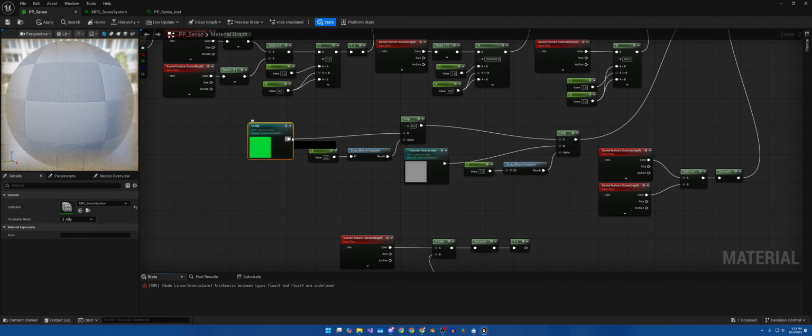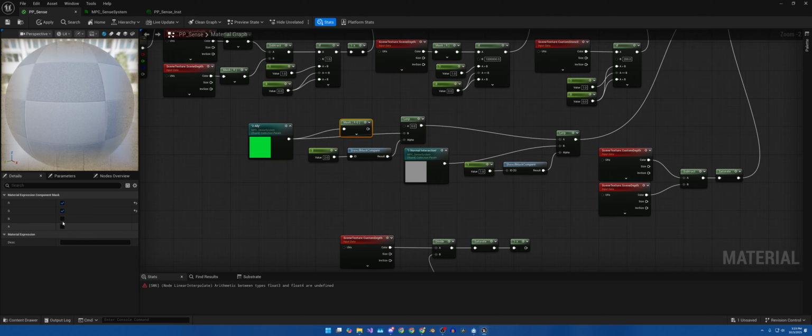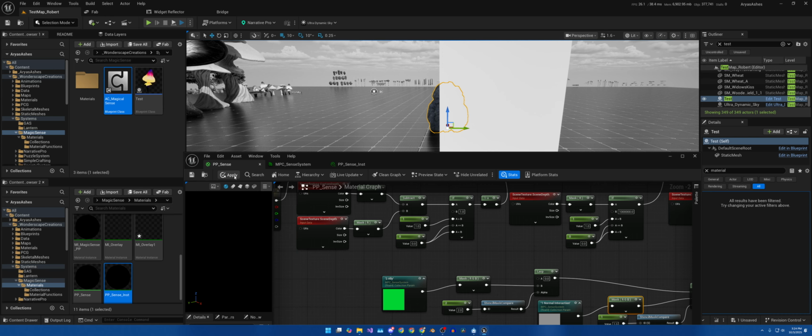These, let's hold down, let's get the component mask. These are the problem. Component mask, RGB. Plug that in. Copy and paste. RGB. There. Now then if we hit apply,